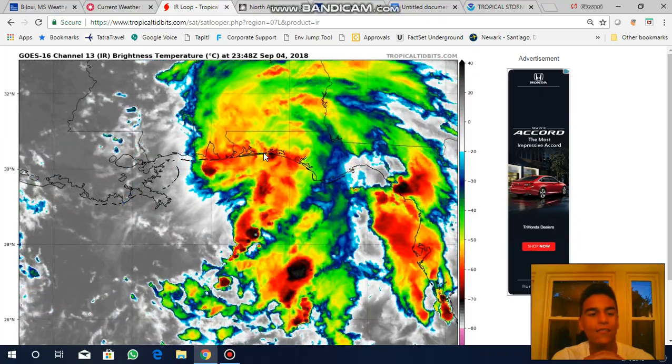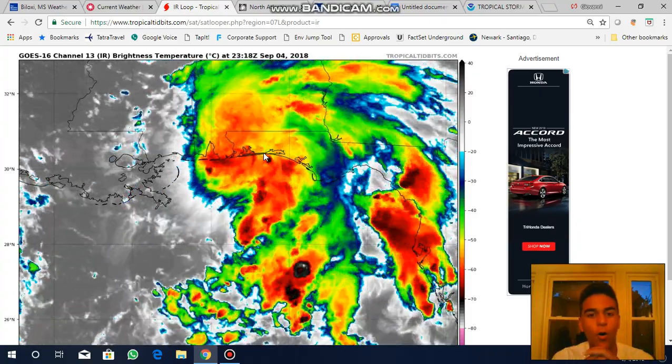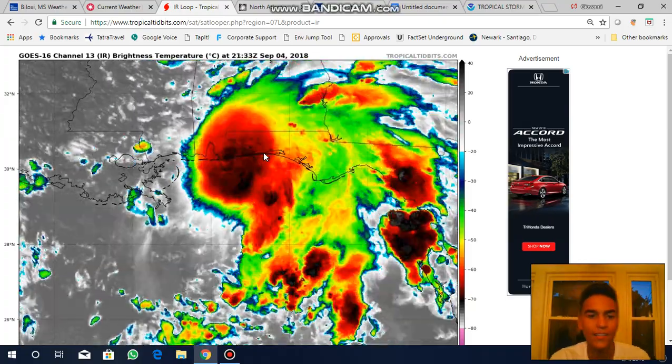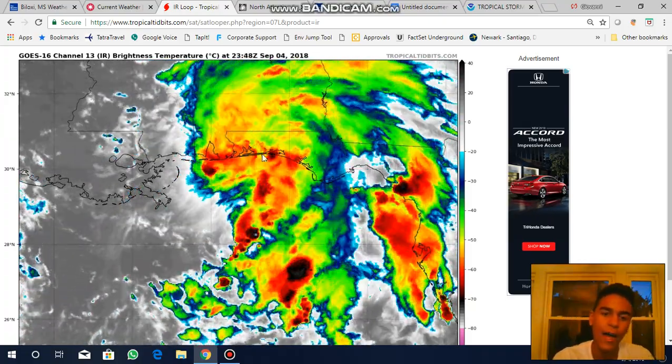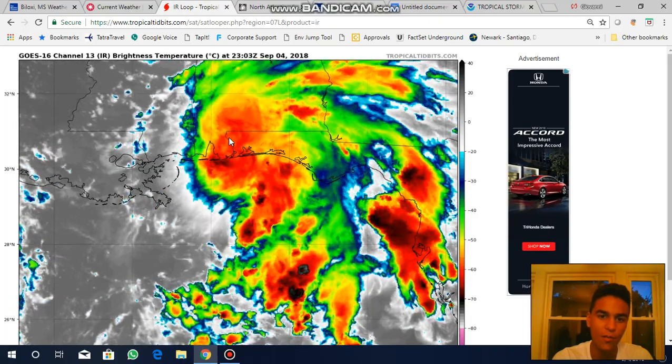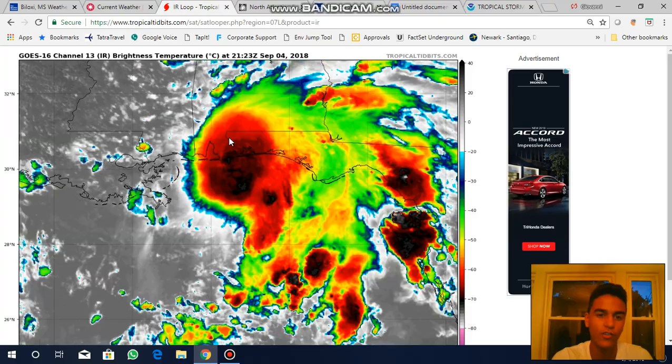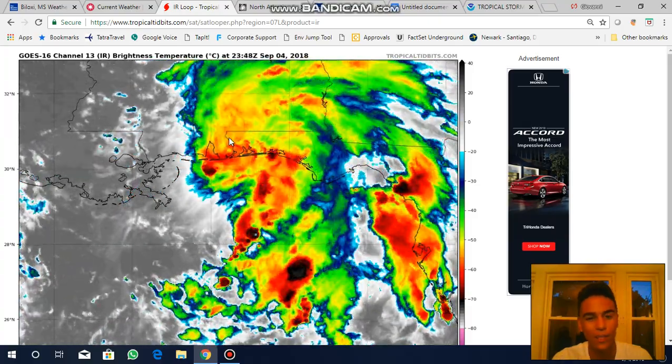So if the winds strengthen 4 more miles per hour, then it's considered a hurricane. But as you can see, based off the satellite imagery, this storm doesn't look very organized for a strong tropical storm. That's at least in my opinion, because